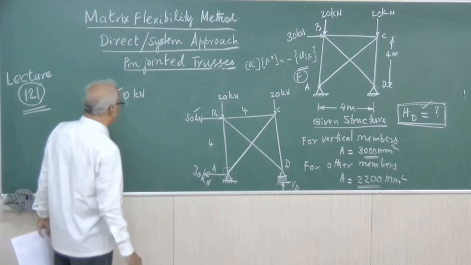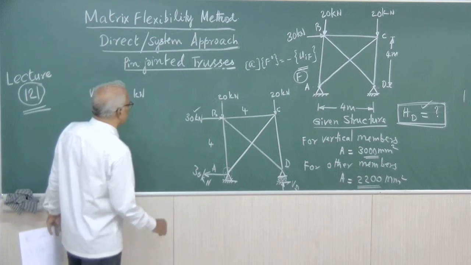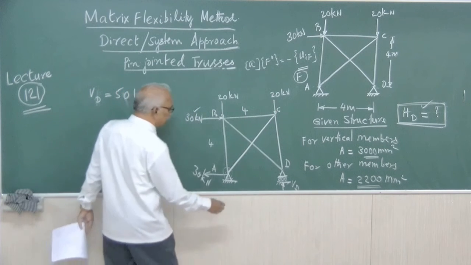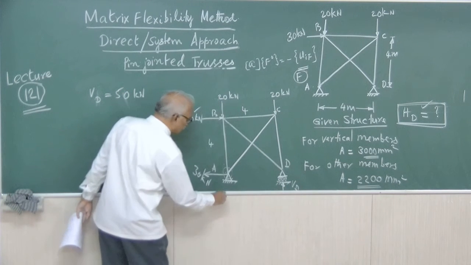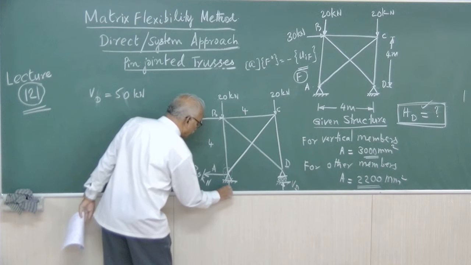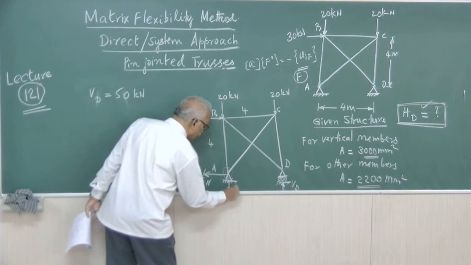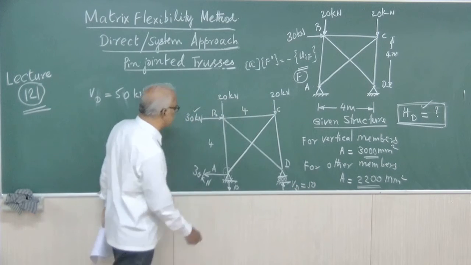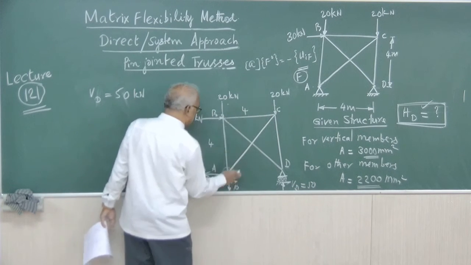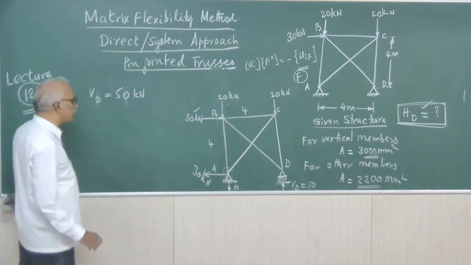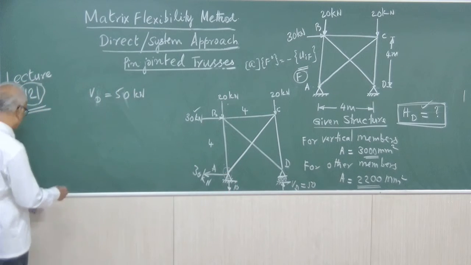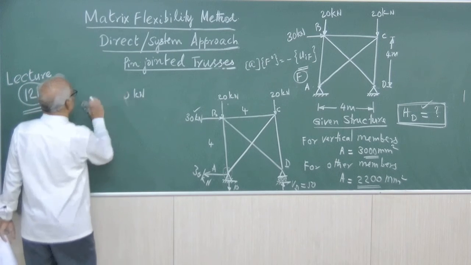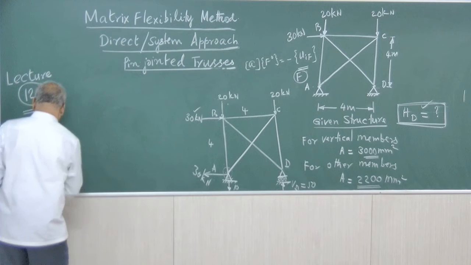That will give 50 kilonewton. And here there are two vertical forces whose value equals 40. This is 50. So sigma V equals 0 will give a downward reaction of 10, because this is 50 upwards. So 20 plus 20 plus 10 downwards. So that will be the reactions. These calculations I am just skipping. I don't want to bore too much, so that viewers can do it.